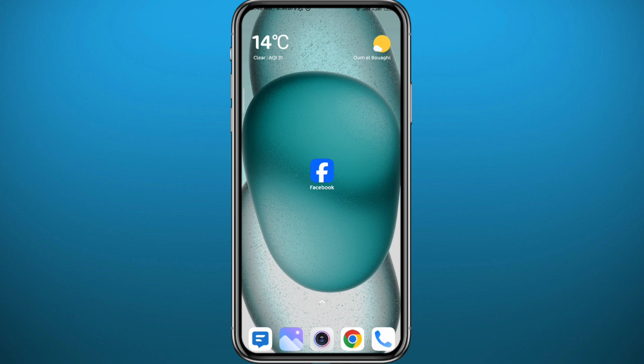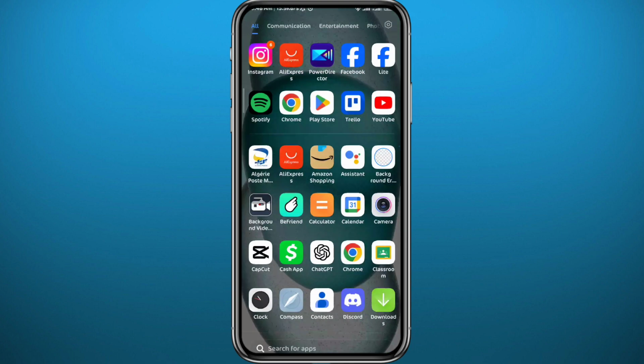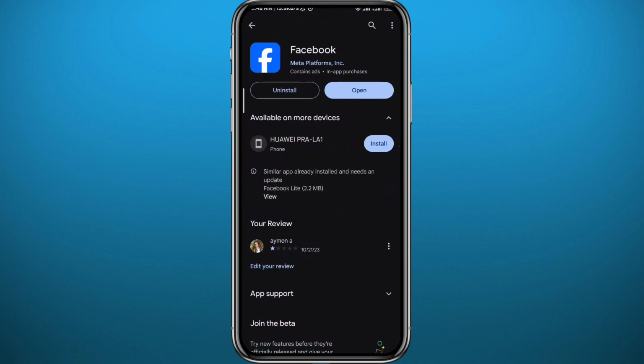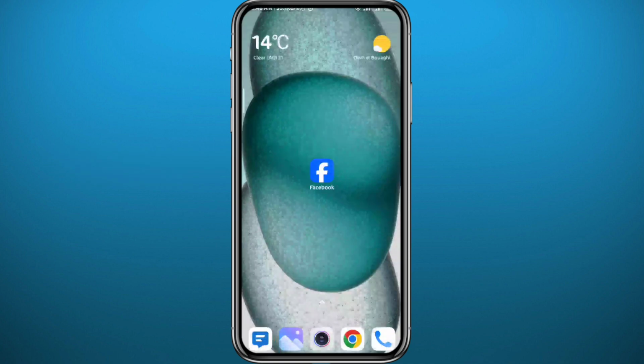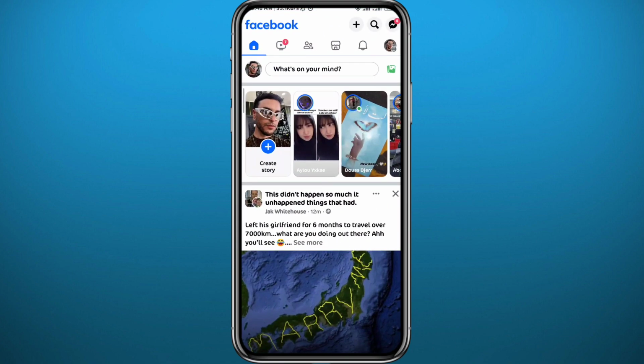Let's jump right into it. Now, since we're gonna start by the app, you need to go ahead and open your Play Store or App Store to make sure we have the app updated for everything to work properly. After that, you can quit and go ahead and open Facebook. Make sure you're logged into your account, and then start by tapping here in the top right corner to open